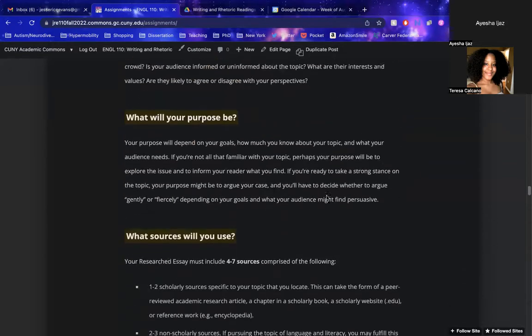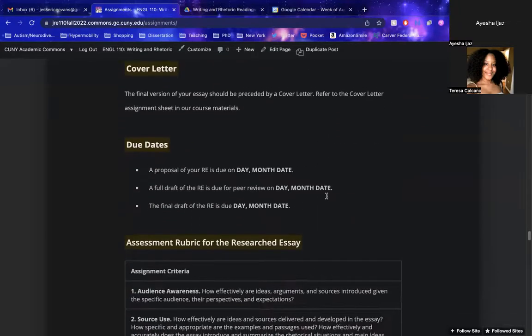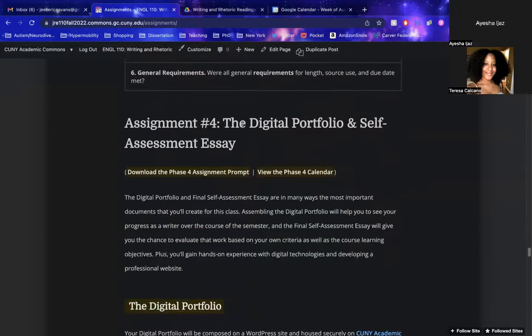And then our final project for the semester is going to be the digital portfolio. I mentioned this earlier. Ideally, we're all going to make portfolio sites here on the Academic Commons. We'll walk through this process together. We'll do classes later in the semester where we walk through the initial steps of setting up your own site on the Commons and figuring out how you want to design the site, any visual elements you want to include, and what kinds of content you would want to include in your portfolio that's really wrapping up your first year writing class experience.